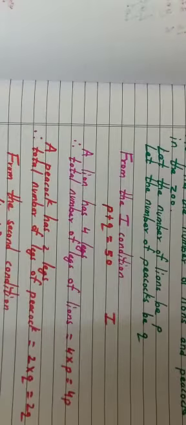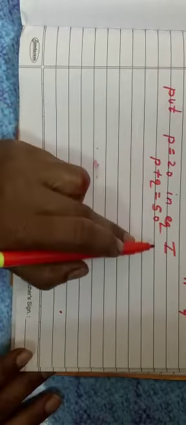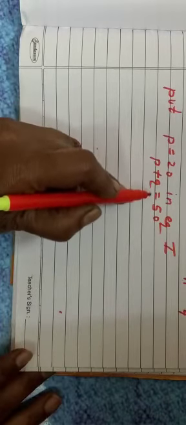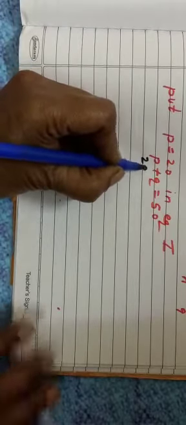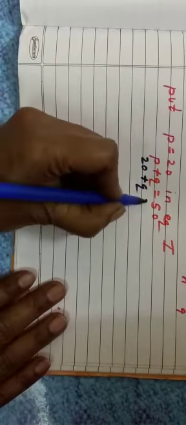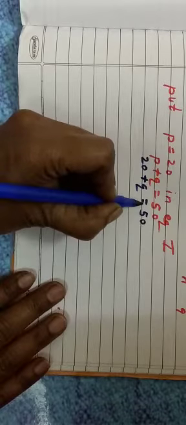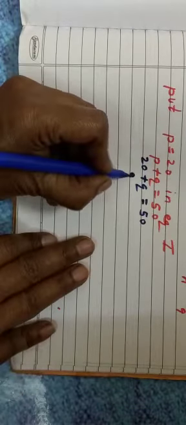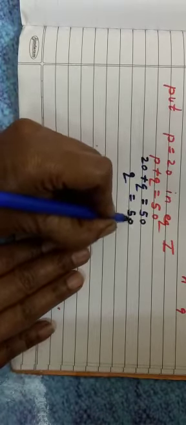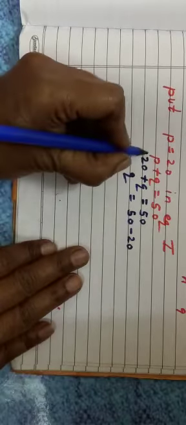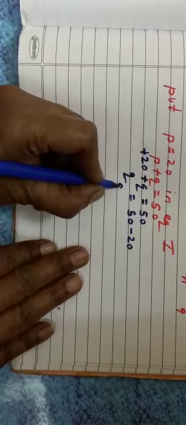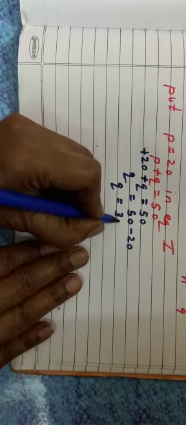Now put this P is equal to 20 in any equation. I think the first equation is easier, so we will do that. See, put P is equal to 20 in equation 1. What is equation 1? P plus Q is equal to 50. So P is 20, put P is 20 plus Q is equal to 50. So we will get Q is equal to 50 minus 20. No sign means plus. Take it to the RHS, it will become minus. 50 minus 20 is 30.